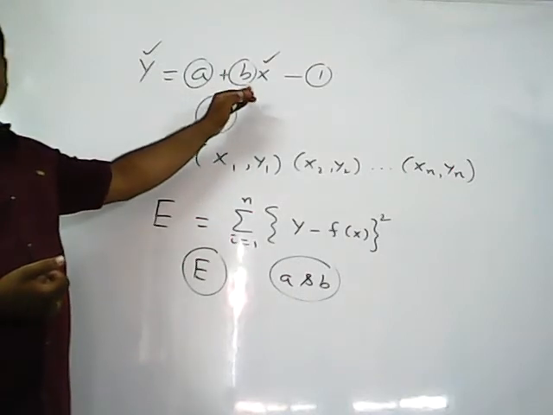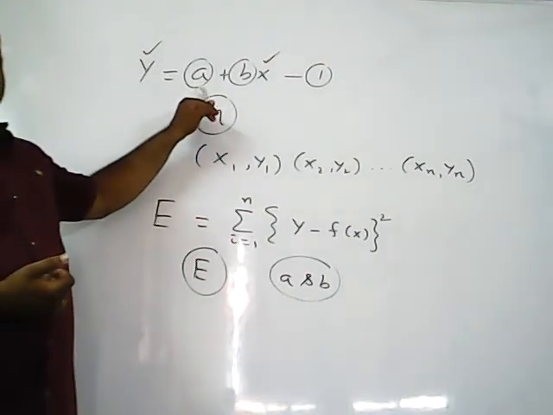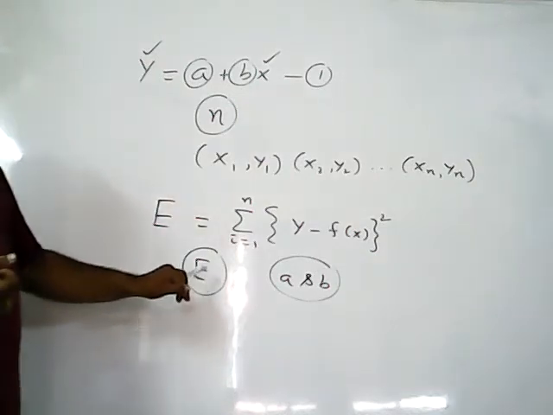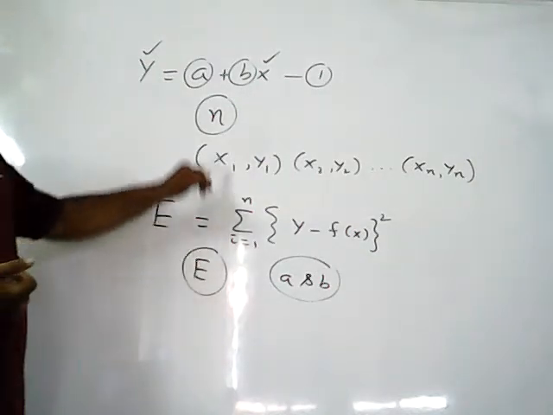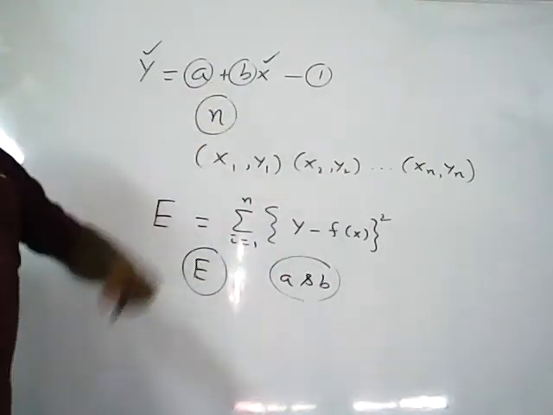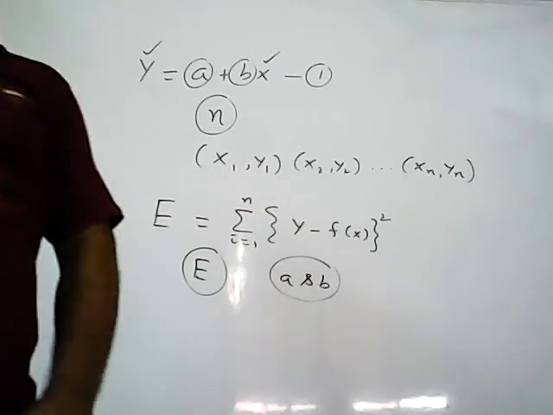A and B. So with respect to A you have to partially differentiate, with respect to B you have to partially differentiate this E. Okay, right? So E should be partially differentiated with respect to the constants A and B, separately. Okay, right. Next time, from the principle of